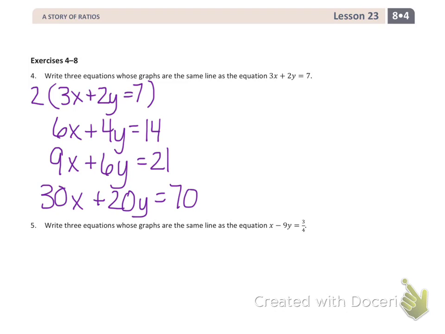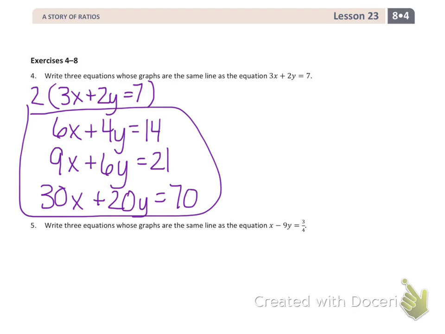Okay, so there you have it. So yours are correct if you took the original equation and multiplied by different numbers. Okay, all right, so what are three equations whose graphs are the same as x minus 9y equals 3/4? Okay, so